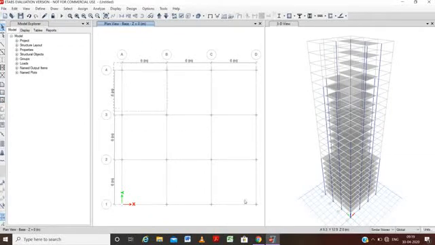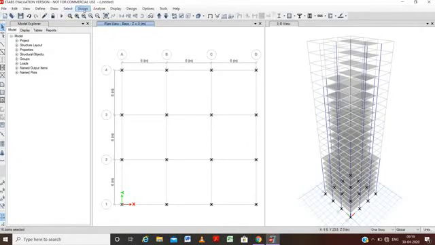First of all, we have to select all the columns in the base section, the bottom section. As you can see, we have selected all the columns in the bottom sections only. Just clicking it to one story and checking the bottom section.